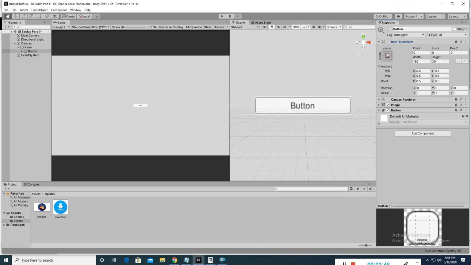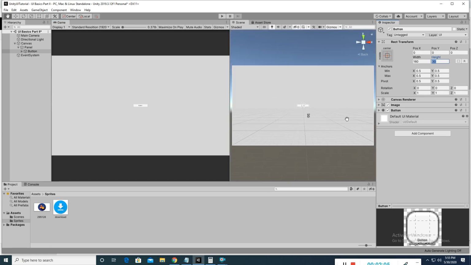By default its anchor point is middle center. It means it is coming middle center of the screen, and its position XY is 0 0 and width, height like that.